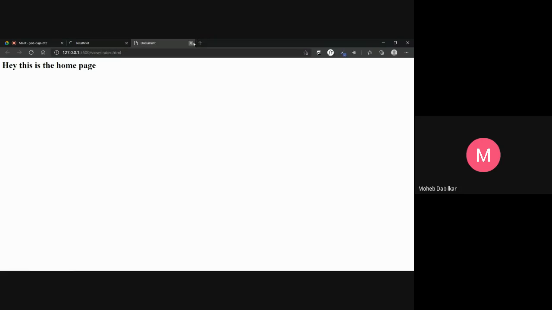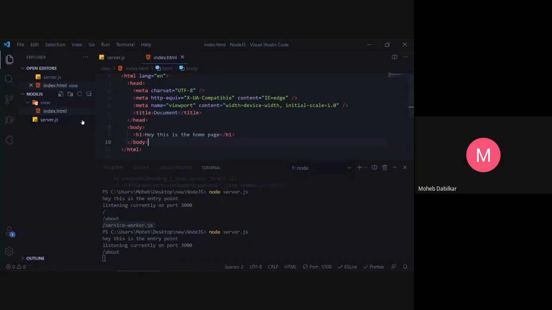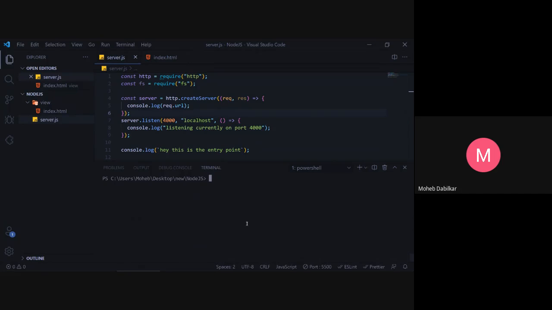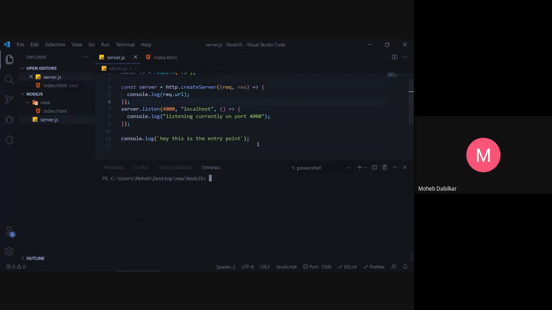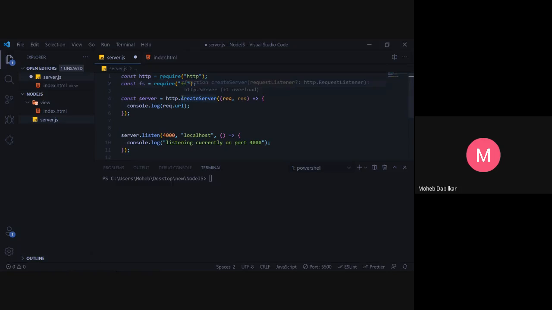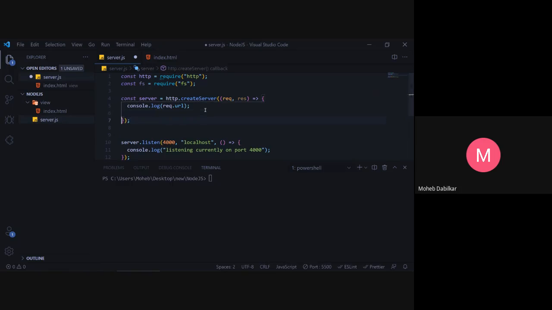Okay, so this works. Now, we will be using the file system to access this. So let me just stop the server and clear the console and remove this. Well, now we need to set headers.